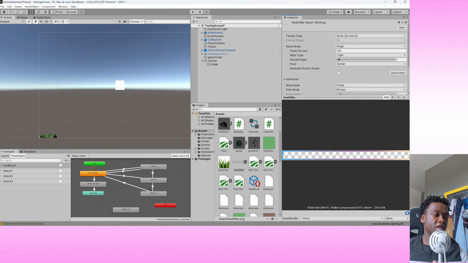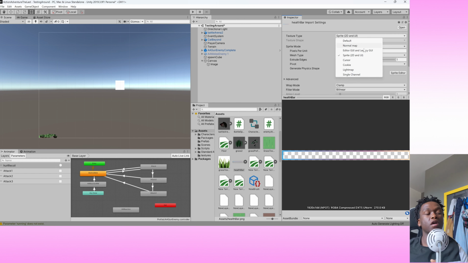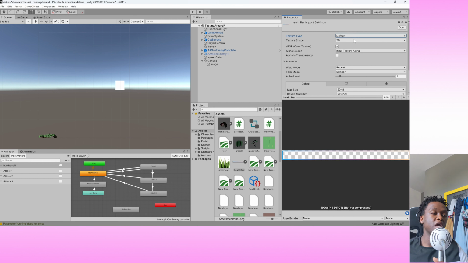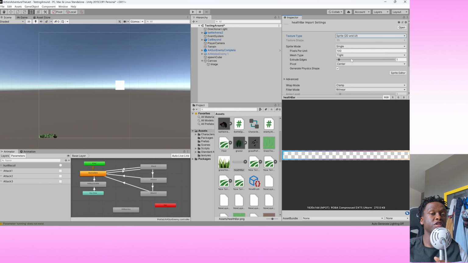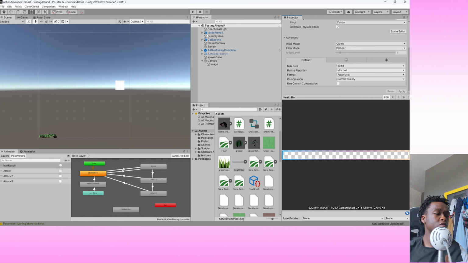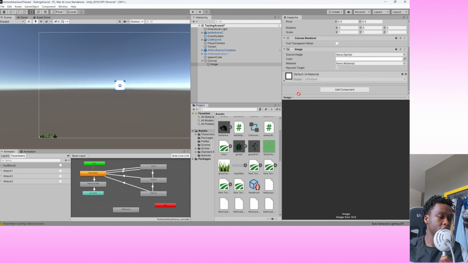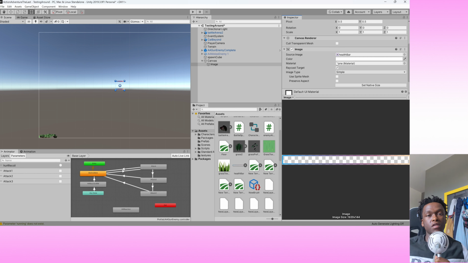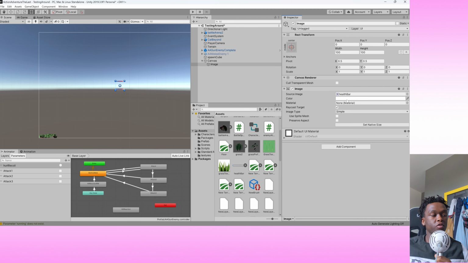I saved that into my Unity assets folder, and it was at default to begin with, and I changed that to Sprite 2D and UI and then hit apply. It won't let me do that here because I've already done it. And then we go back to our UI image and we drag that image into the slot that says source image. Next I'm going to click on the button that says set native size, and then I'm going to rename